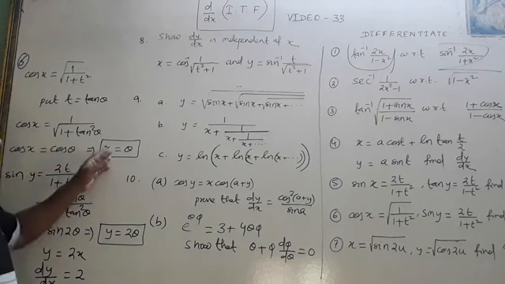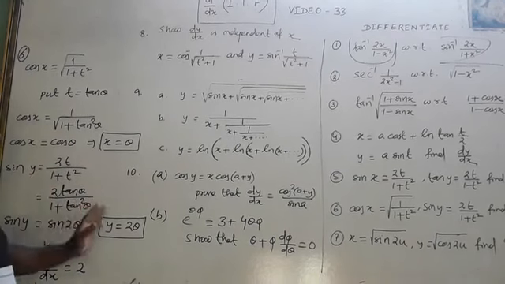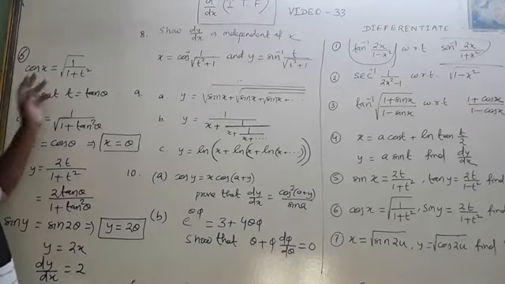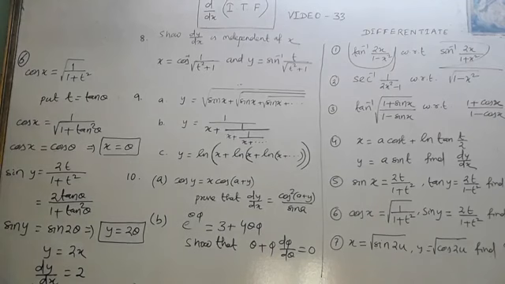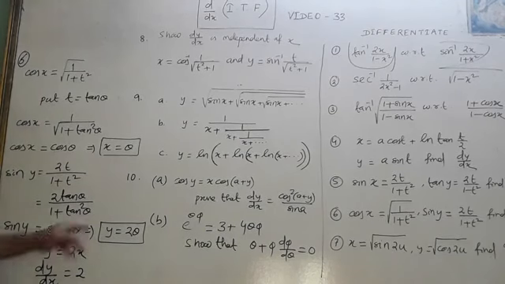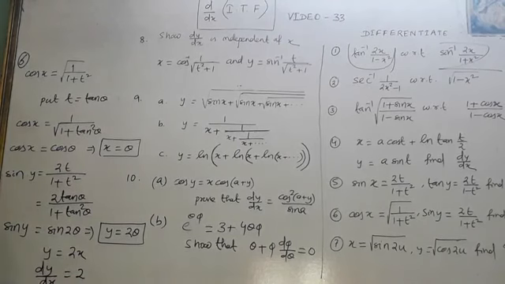What is that? I am not finding dx by d theta or dy by d theta or dx by dt. I am not interested in finding them. I am interested in doing the problem by the direct method. What is that? Y is equal to 2x. Simply dy by dx is 2. Okay.